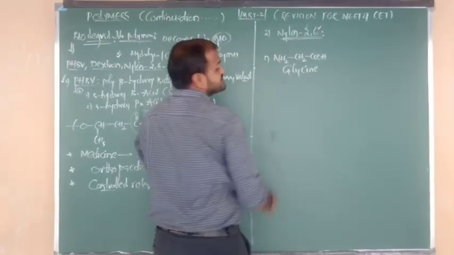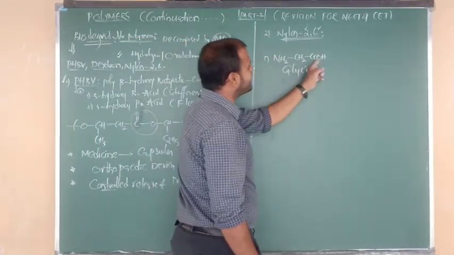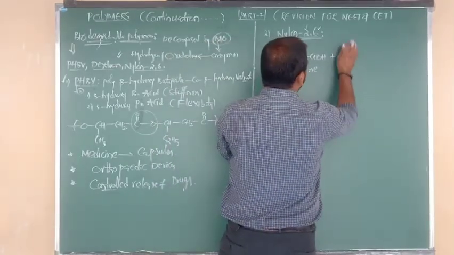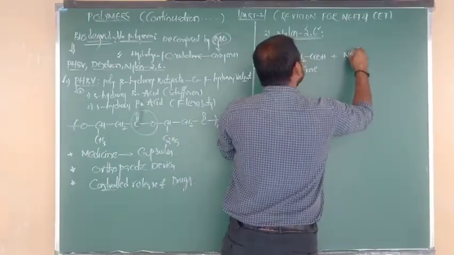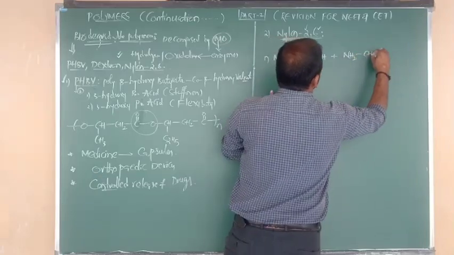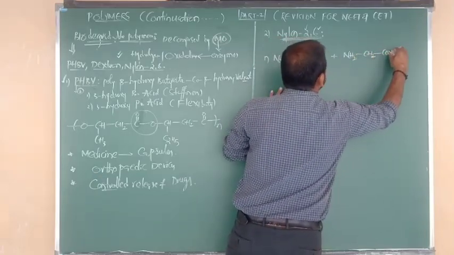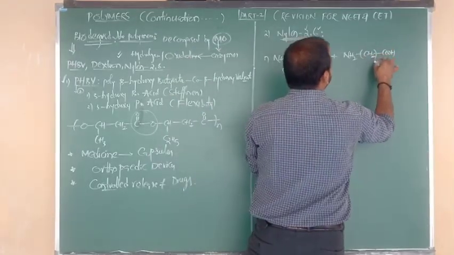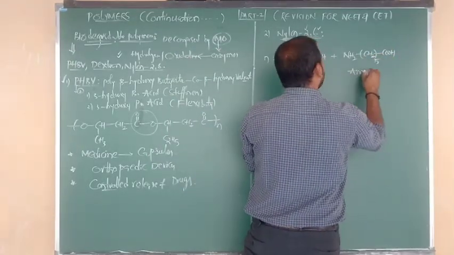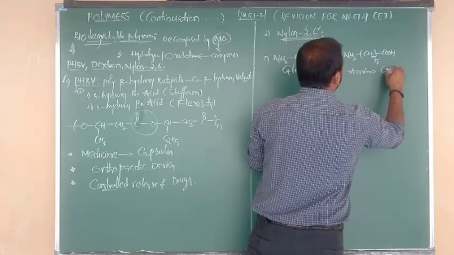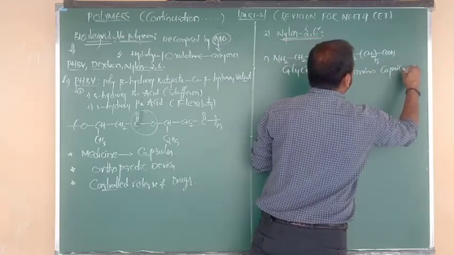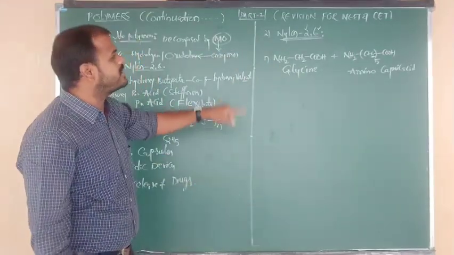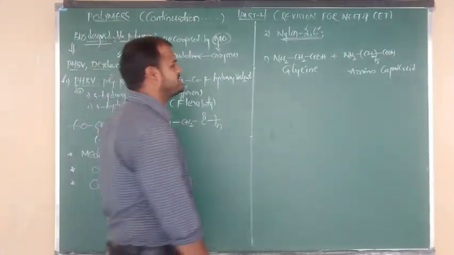So it acts as one of the monomers, and in that, with nitrogen, it contains 2 carbons: nylon 2. Next, for nylon 6, we require another monomer. Again the same structure: NH2 bonded to CH2, again CH2 bonded to COOH. It looks like glycine, but here the CH2 is taken 5 times. So the name of this compound is aminocaproic acid. Very important. So one is glycine, one more is aminocaproic acid. Both are the monomers of nylon 2,6.